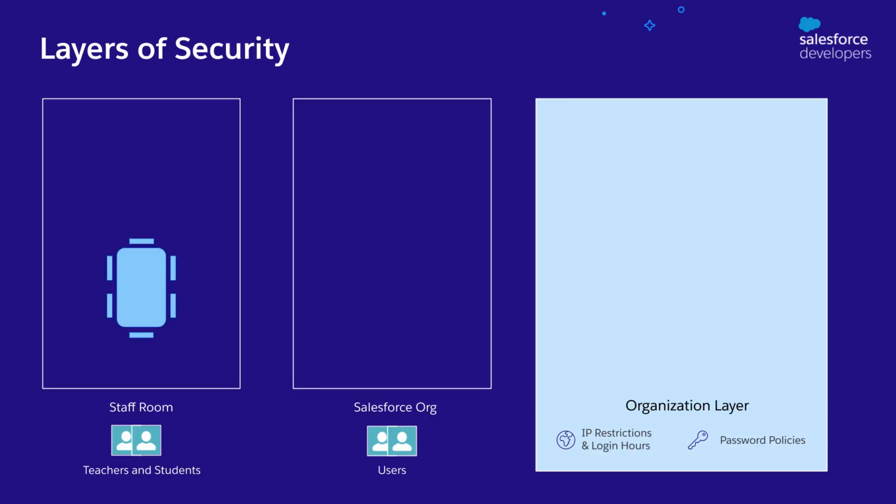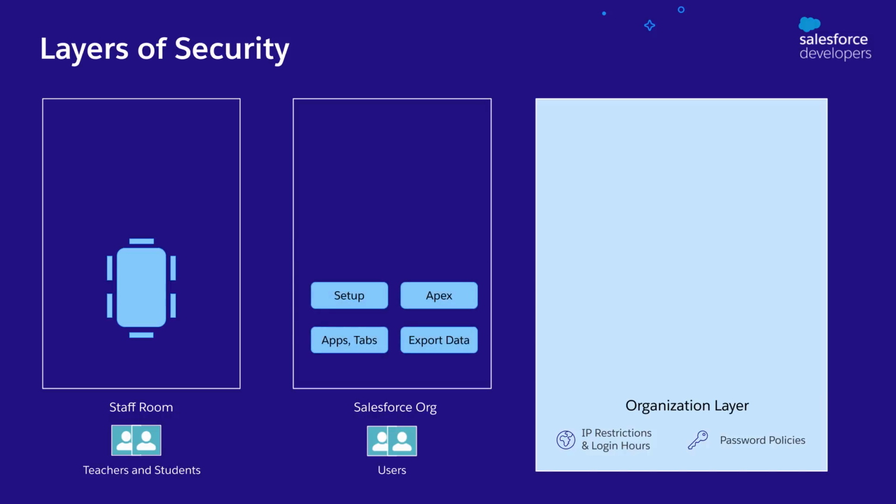Next, once you enter a staff room, what can you do? Imagine there is a table and there are a few chairs. Can you go sit in a chair? Can you move the tables and chairs around wherever you want? No, but a teacher can. So there are certain things certain users can do and certain users cannot do.